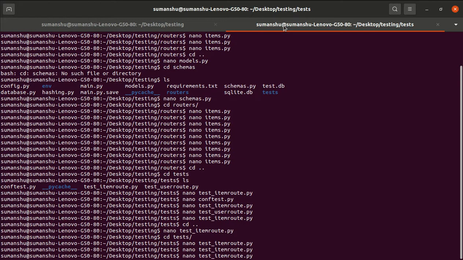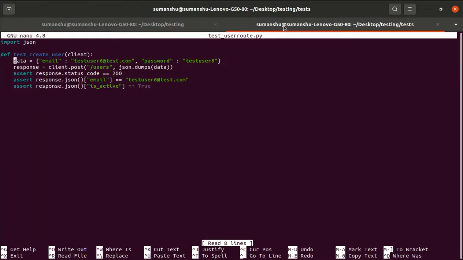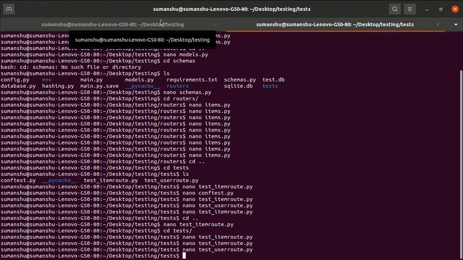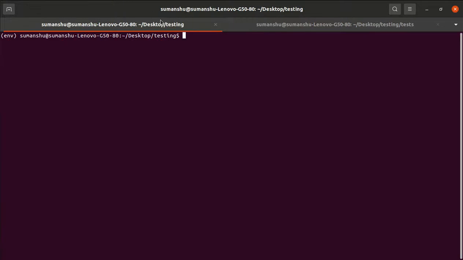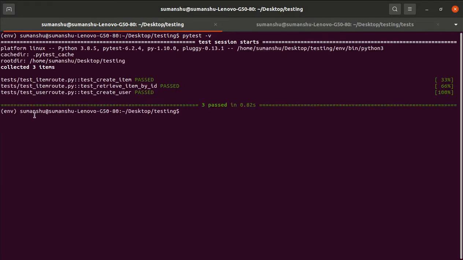And now I have to update the user test case as well, user route. So let me test user 7, and here itself 7. Control X, yes, and now hopefully it should work. pytest -v. Now all the test cases have passed.